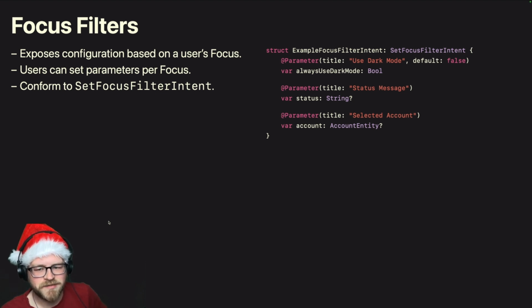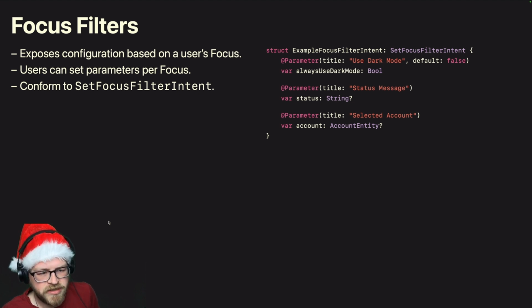And this is where a user is able to change things in your app based on what focus mode they're currently in. So you might be familiar with the focus modes. You can have a driving focus mode, or an I'm exercising mode, or whatever. I don't remember what all of the results are. There's a bedtime focus filter mode, that kind of thing. And you may want to change how your app works based on a given focus filter.